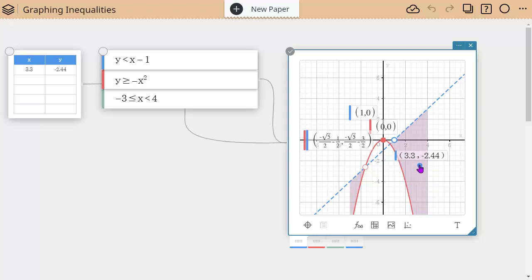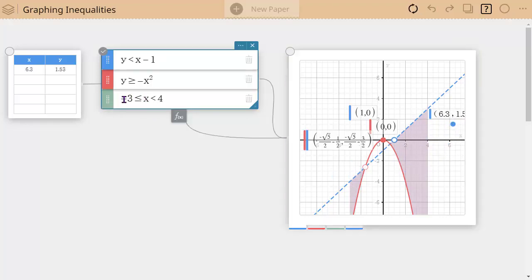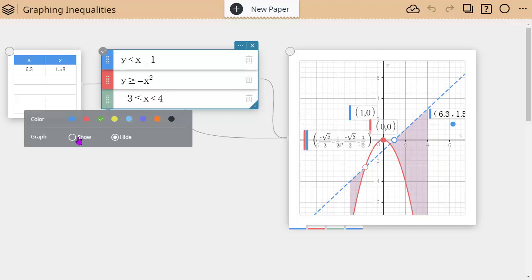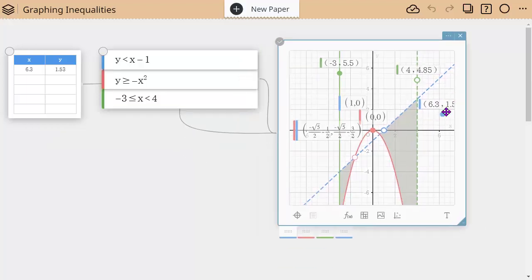And so this point, if it's here, it's not satisfying either of them, or well, it might be satisfying one, but only in this purple region am I actually satisfying both inequalities, right? And I could do the same thing. If I turn on this third inner graph, which we had turned off, because I'm still in my intersection position, it's only going to show the intersection of all three of those. So again, this is the feasible region for all three of them. This is important when you're dealing with, say, linear program type problems.